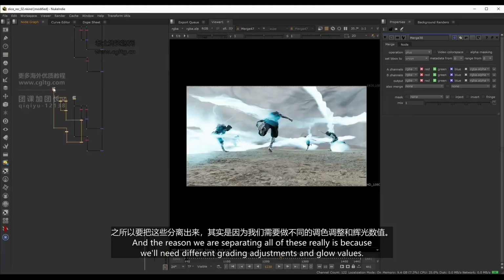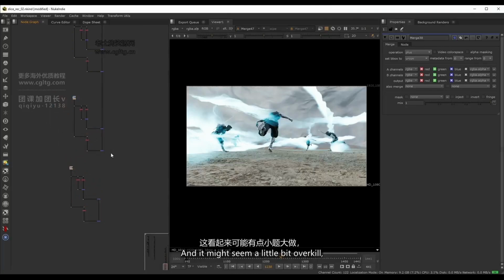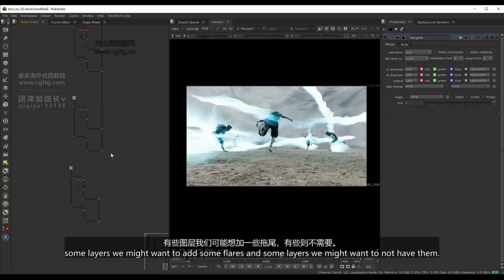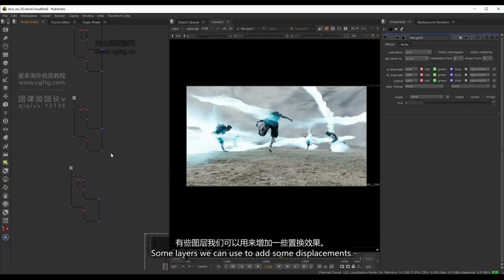And the reason we are separating all of these really is because we'll need different grading adjustments and glow values. And it might seem a little bit overkill, especially when we just add them as we are now with the same settings, but it will make a lot more sense when we actually start to grade things. For example, some layers we might want to add some flares and some layers we might want to not have them. Some layers we can use to add some displacements, and I just prefer to have this control over